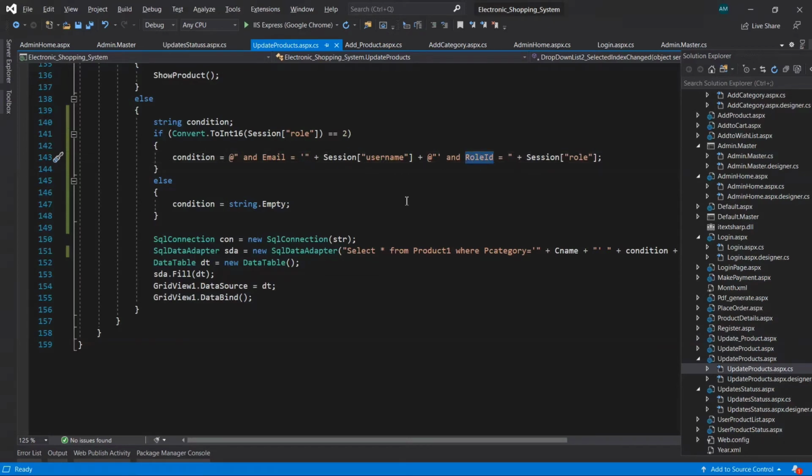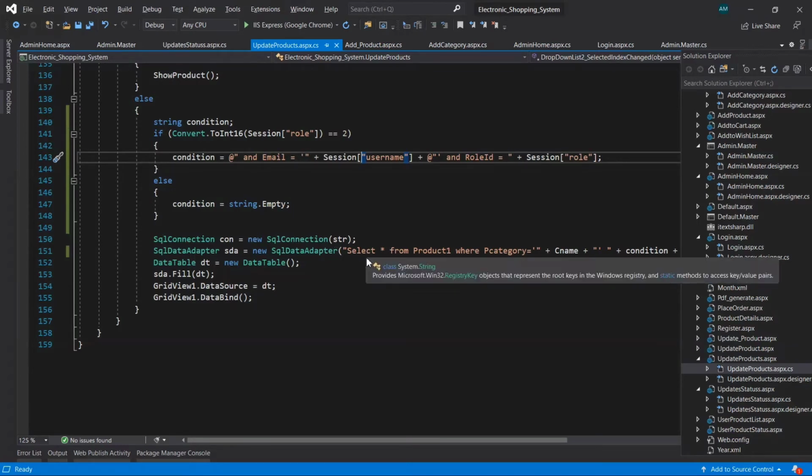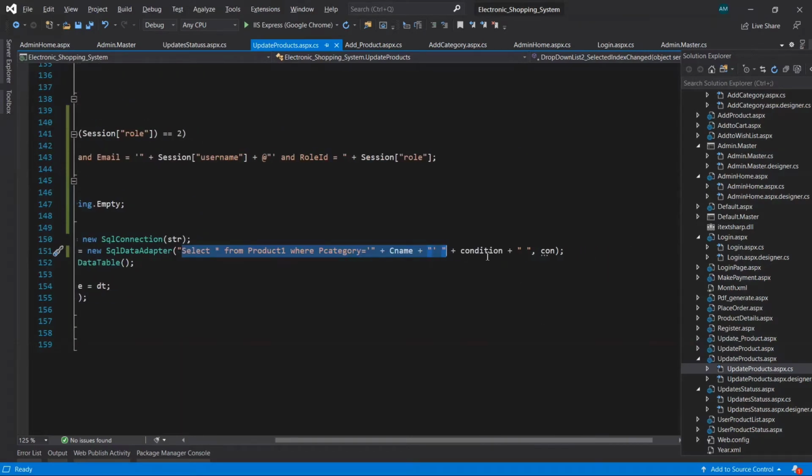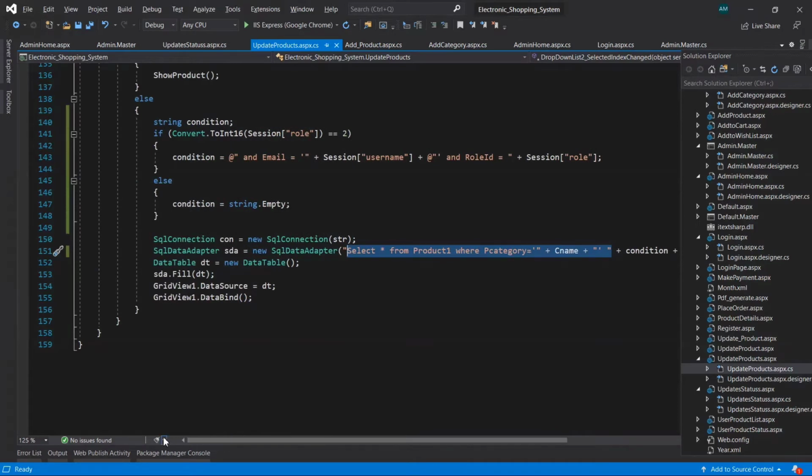This query will form for the vendors. And if it is the admin, then it will form just this query: select star from product1 where p category is equal to this, and as it doesn't contain any value inside, we get nothing. So the query will be till here, okay, for the admin. I hope you got it, okay.